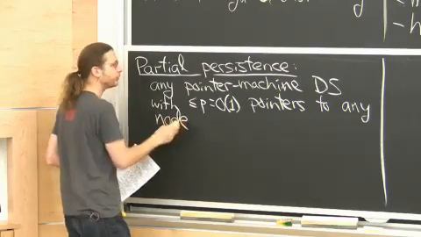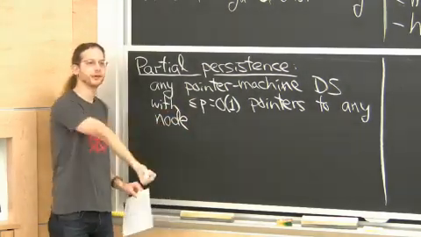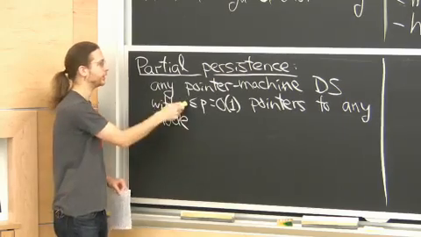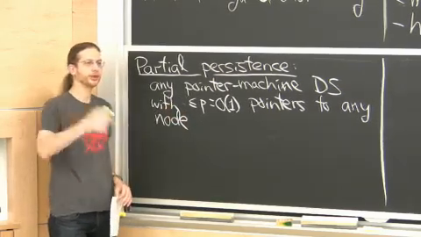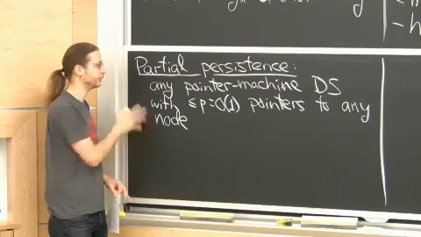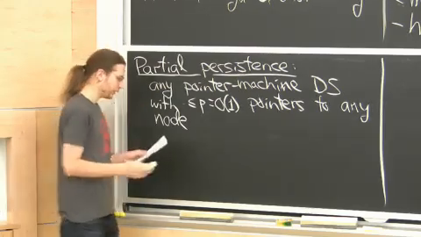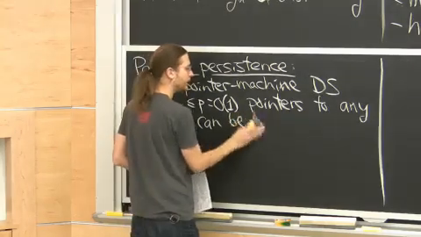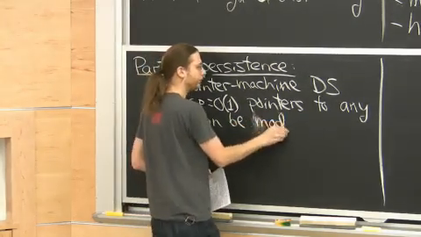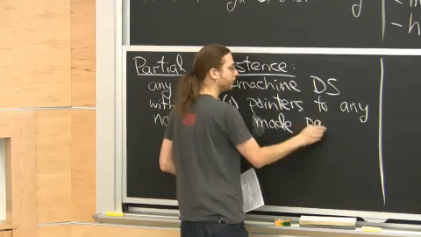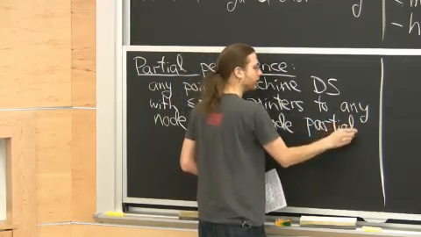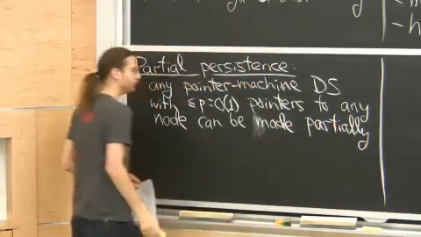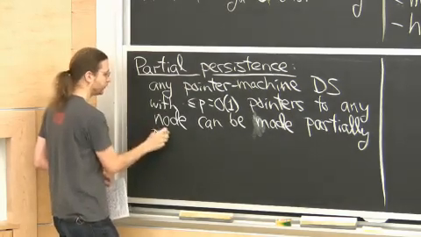In a pointer machine, you always have a constant number of pointers out of a node at most. But for this result to hold, we also need a constant number of pointers into any node. So this is an extra constraint. Can be transformed into another data structure that is partially persistent and does all the things it used to do. So I'll just say it can be made